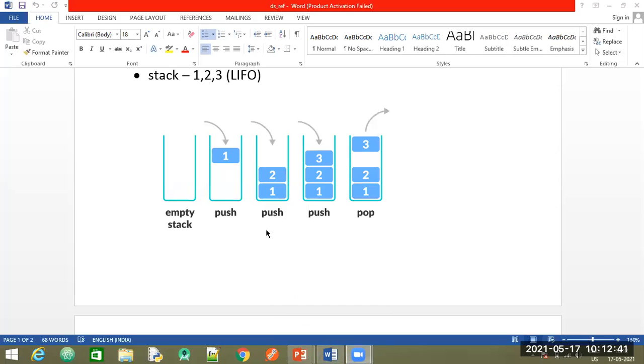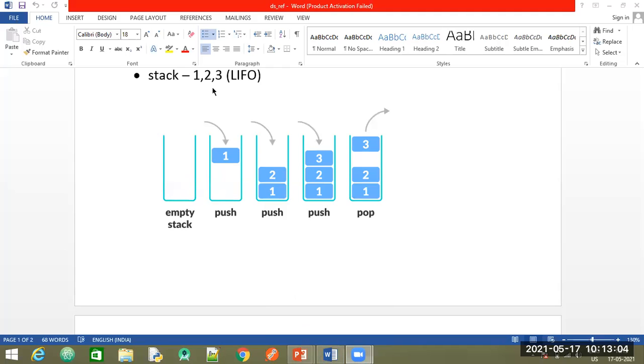Yes, ma'am. Okay. So we saw the first and second points of the PPT, which said that element insertion can take place from the top of the stack. Yes, because the bottom of the stack is closed. So there is only one place wherein you are able to insert or delete the elements. By elements, we mean the data here. The data that is currently stored here is 1, 2, 3.